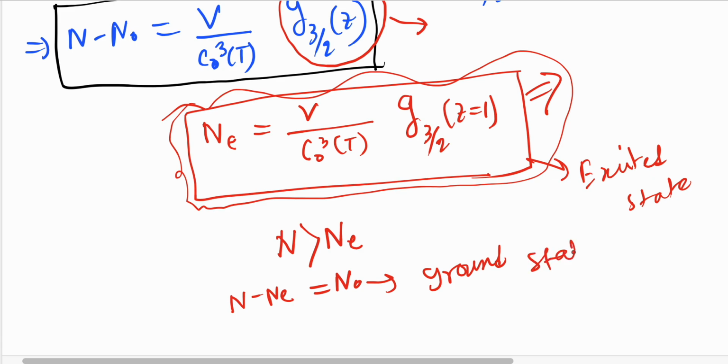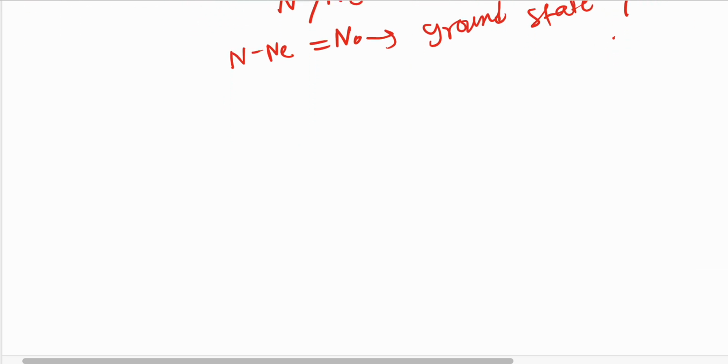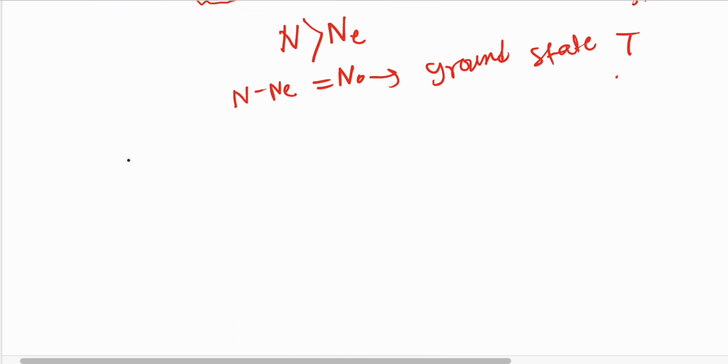Ground state at temperature T. Note, at temperature T maximally this is the number of particles that could stay at excited energy. Excited energy means epsilon not equal to 0. Now since we can control the temperature, if we decrease the temperature,